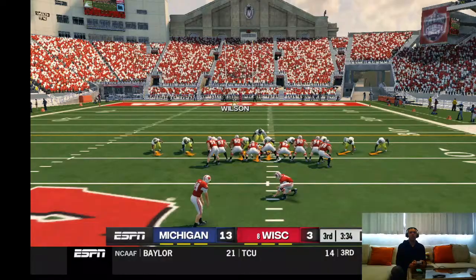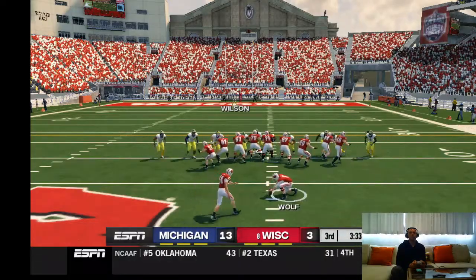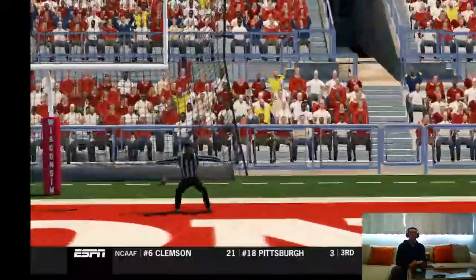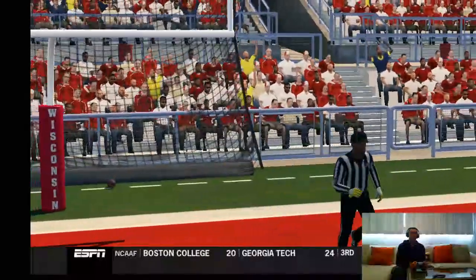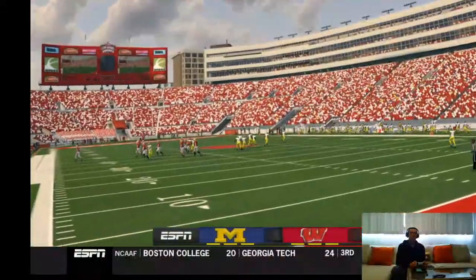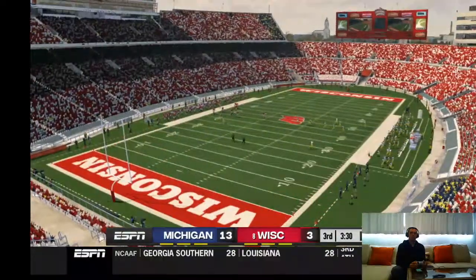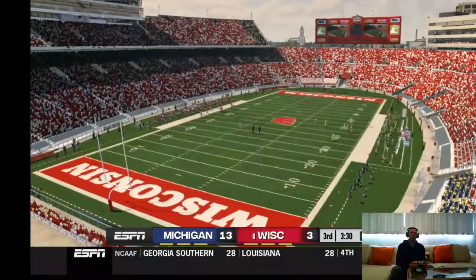And they can make this a one-possession game with this kick right here. Kicks up, and this is no good. He didn't have the leg for it. We're going to have good field position anyway. I did blow the whistle. That's fine.